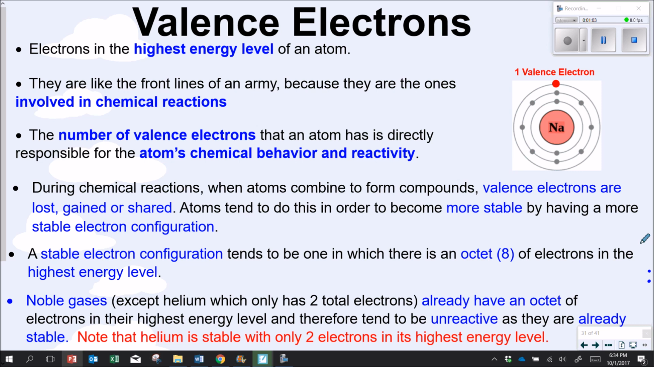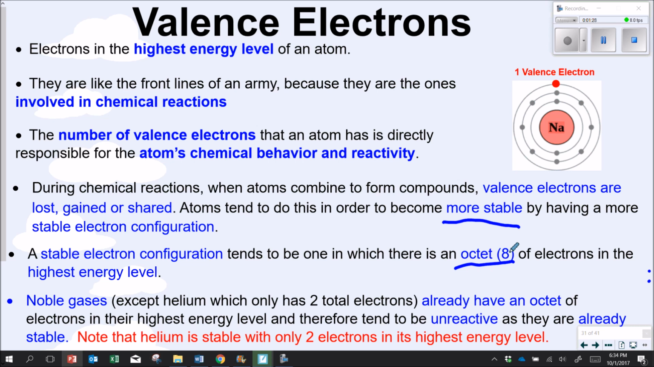During chemical reactions, when atoms combine to form compounds, valence electrons are lost, gained, or shared, and atoms tend to do this in order to become more stable. They become more stable by having a more stable electron configuration. A stable electron configuration tends to be one in which there is an octet, or 8 electrons, in the highest